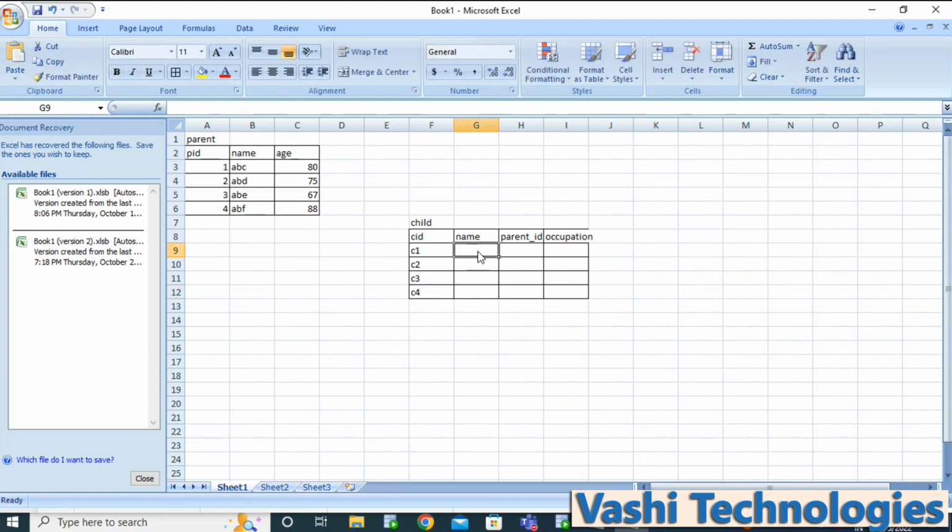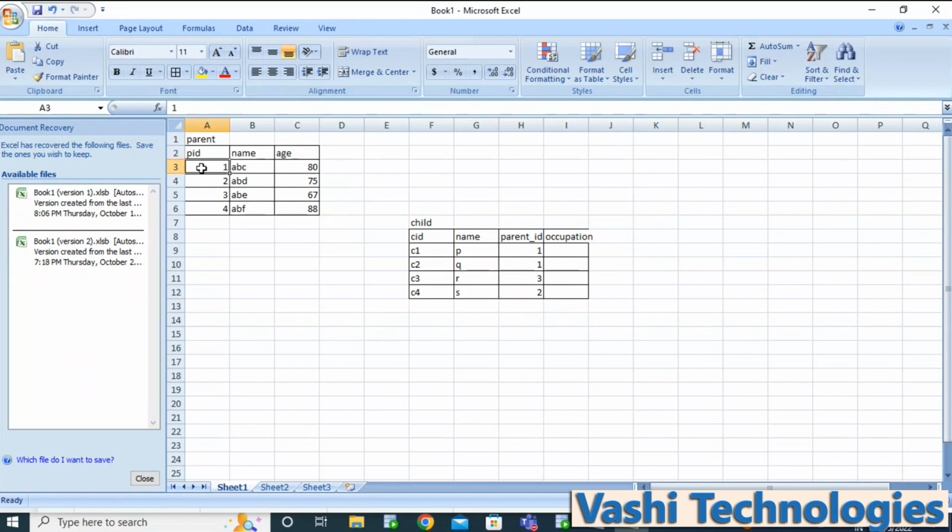Now I'm mentioning PQ is, and I'm mentioning the parent ID as 1, and 3, as well as 2.